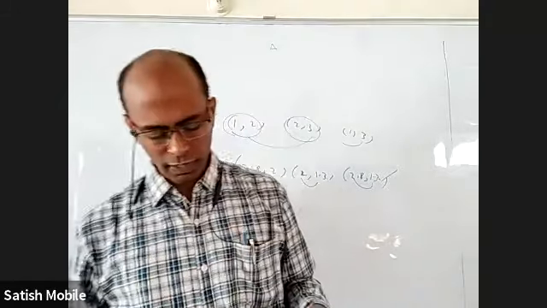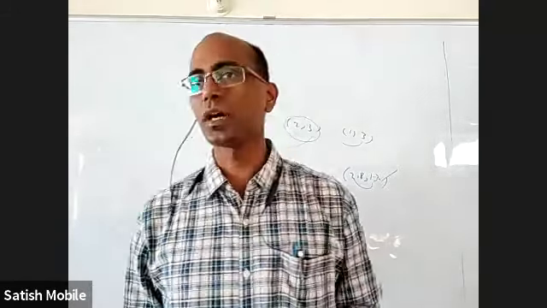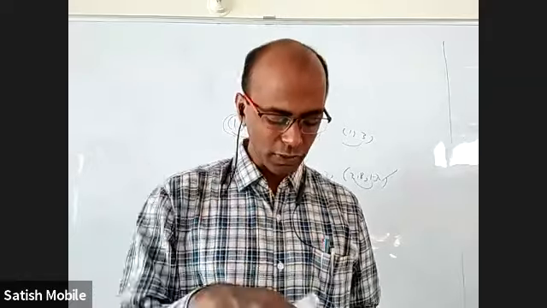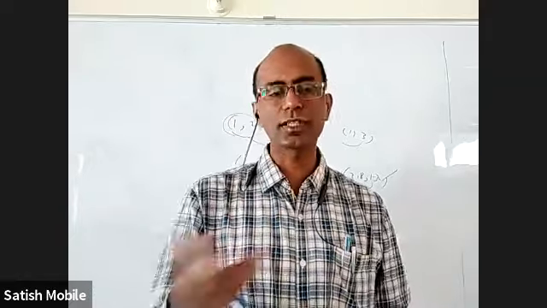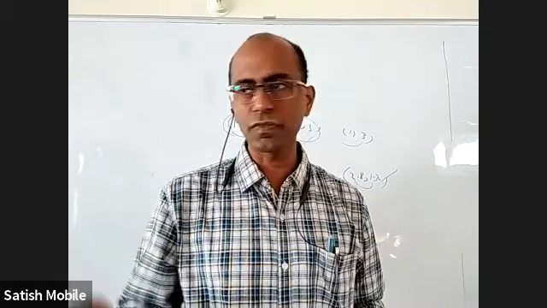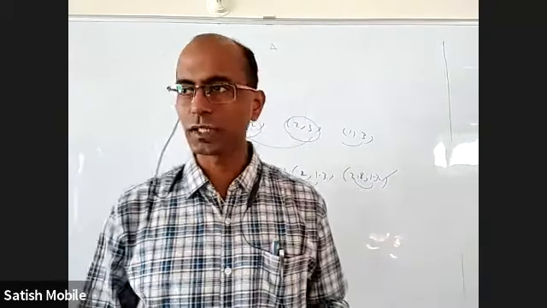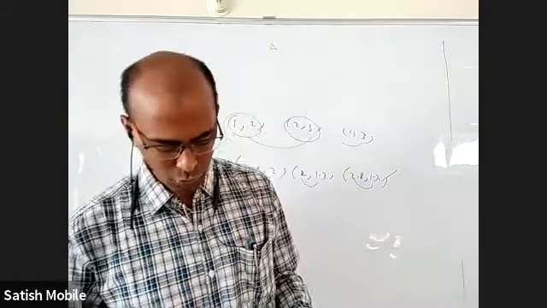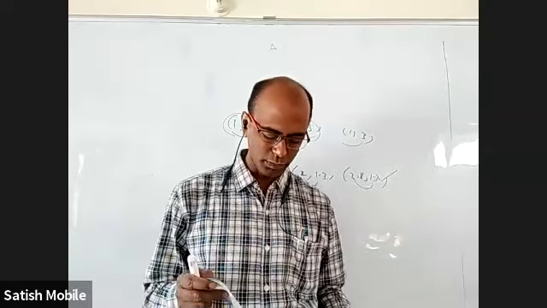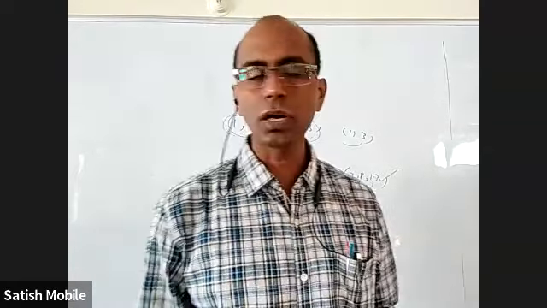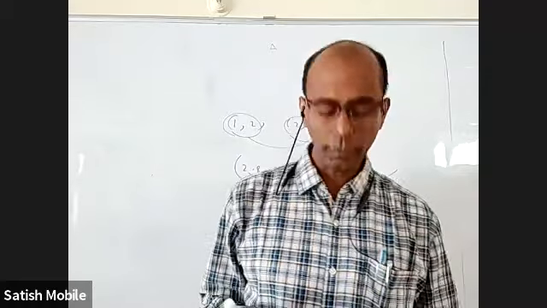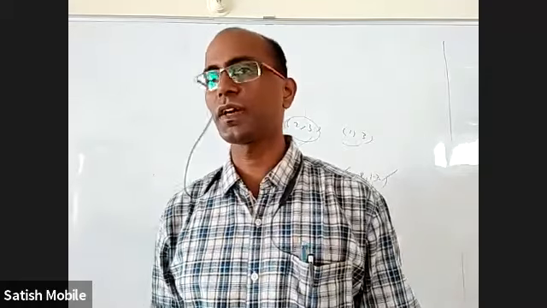If 2 comma 4 is there and 4 comma 2 is there, we expect 2 comma 2. For 2 is connected to 4 and 4 is connected to 2, 2 should be connected to 2. We also expect 4 comma 4 should be there because if you reverse the order, for 4, 2 is the image, for 2, 4 is the image, for 4, 4 should be the image. So because 2 comma 2 is missing, 4 comma 4 is missing, 6 comma 6 is missing, it is not transitive. Okay. Sometimes they can ask this question in a different way.